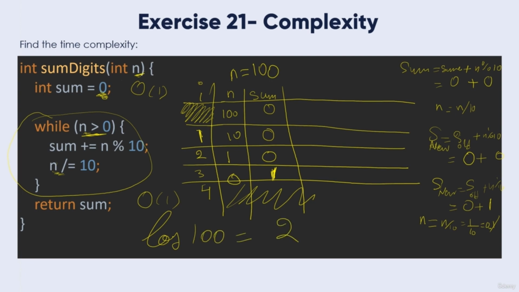So we have 2 digits. Okay? We have 2 digits. So every number here could have up to its digits. So d, the number of digits, is equal to log n. So the complexity of this program is